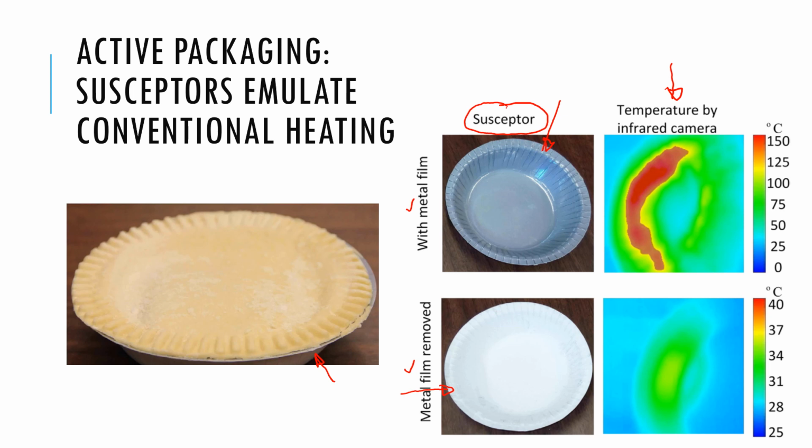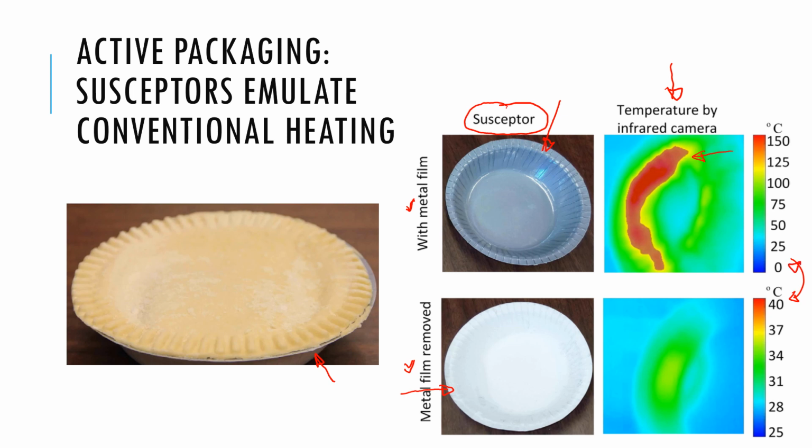By the way, the fact that you see a pattern only on one side and not throughout has more to do with the oven patterns and the fact that a turntable was not used. So you pick up the oven highs and lows, but still, if you place it the same way, you can compare with metal film and without,